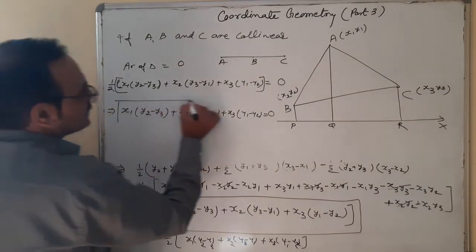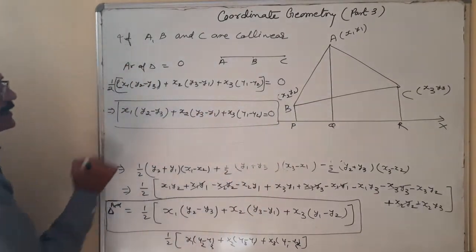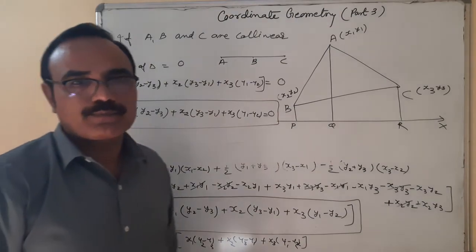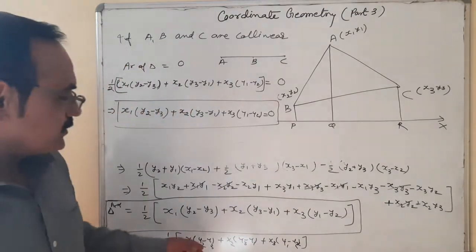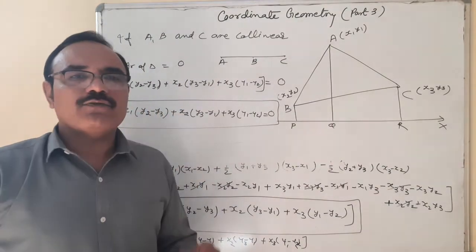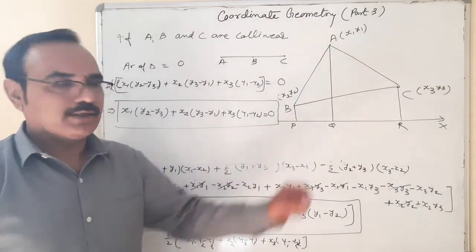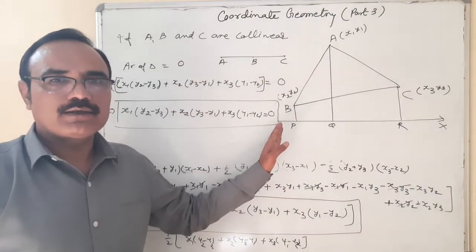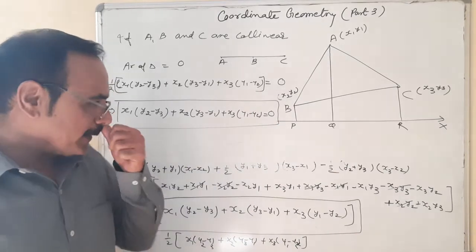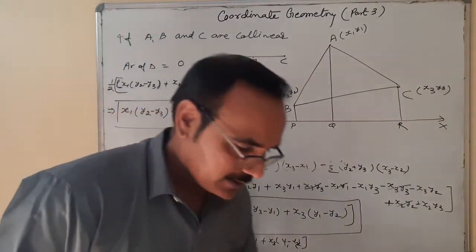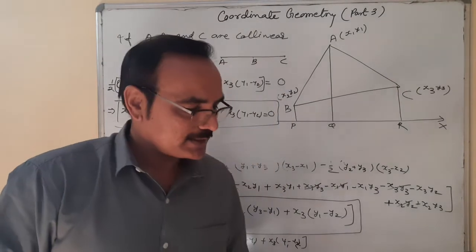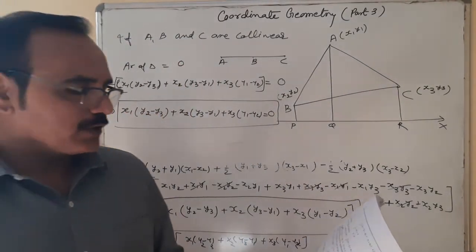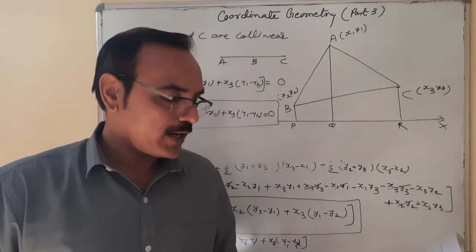Which condition is this? This is the condition when 3 points are collinear, their coordinates are given. Okay. So this also you will remember it when it is given to find the value of k when 3 points are collinear. So you can put the values here x1 y1, x2 y2 and x3 y3 and get the value of k. So these are some questions I am taking from this exercise. By the way, it's a very simple question. Substituting the values is required only.